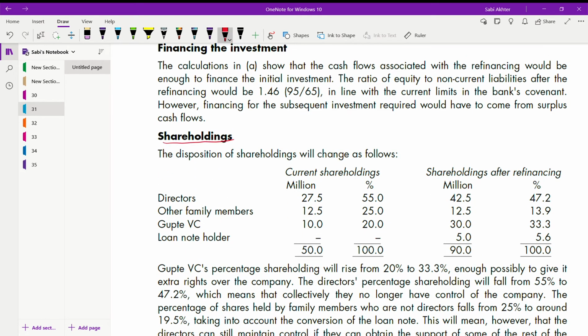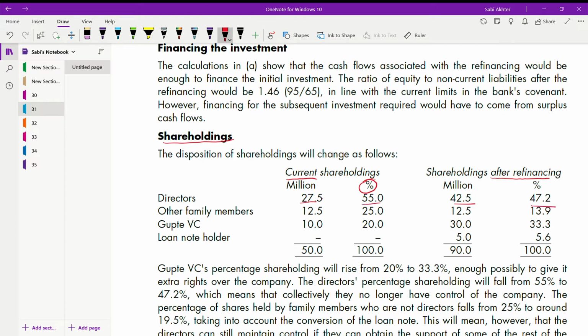Shareholders, when you have to show the impact, whether they will agree or not, this is how you have to get the percentage. You have to get their percentages first. This working has to be done. What is it before? Right? Current means before. After refinancing, if you see here, from 27.5 to 42.5, shareholder directors, this thing increased,